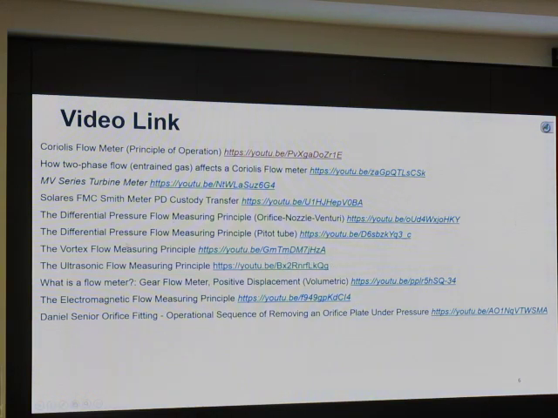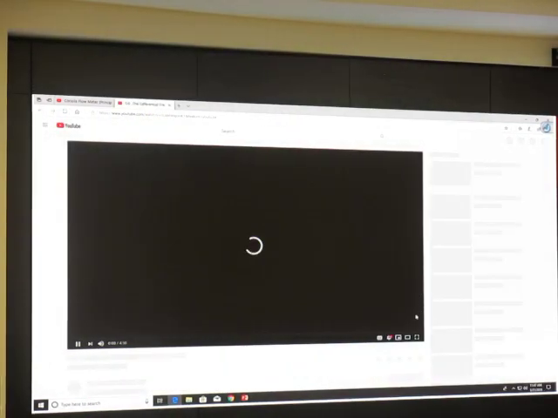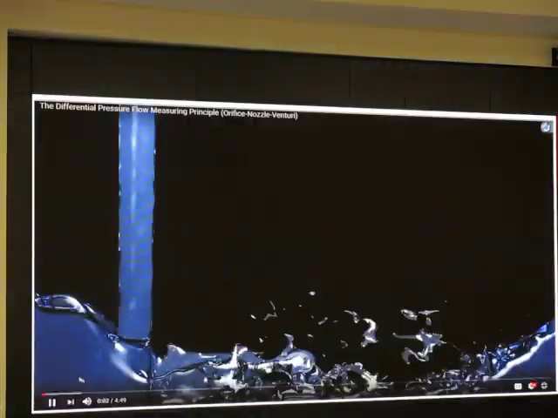And let me show you the one that is in the exam. How about that? Okay. The one that is important enough to be in the exam, which is Coriolis flow, and this